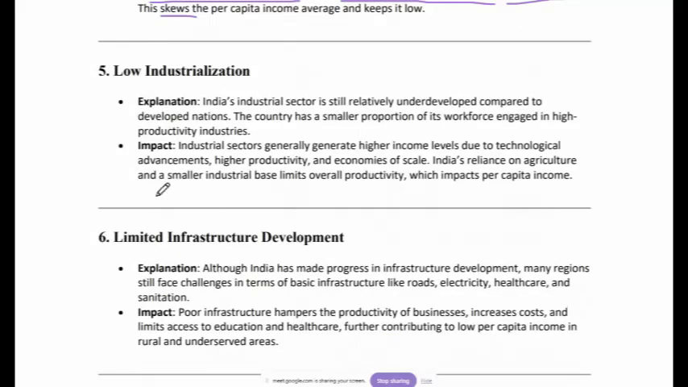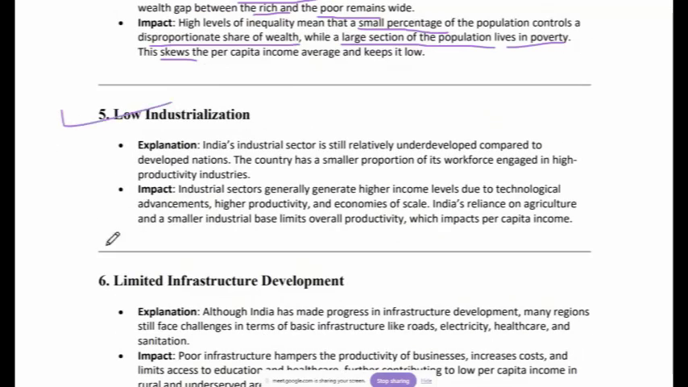ऑलराइट, 2 और पॉइंट लेंगे, फिर इसके बाद और नहीं लेते हैं। Low industrialization. India's industrial sector is still relatively underdeveloped compared to the developed nations. Developed nations के comparison में इंडिया का जो industrial sector है वो अभी भी underdeveloped है. The country has a smaller proportion of its workforce engaged in high productivity industries. बहुत कम population है इंडिया का जो high productive industries में employed है. इसकी वजह से क्या हो रहा है, impact ये हो रहा है कि